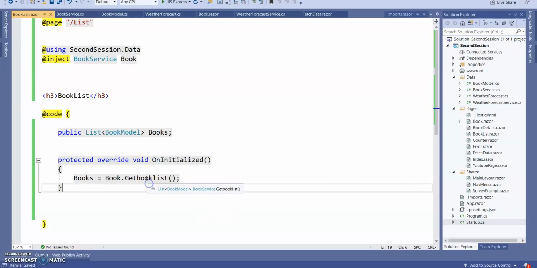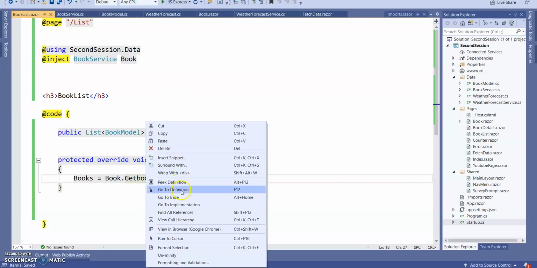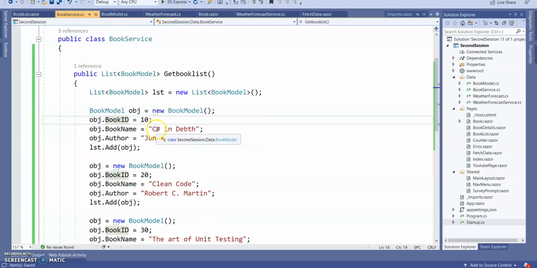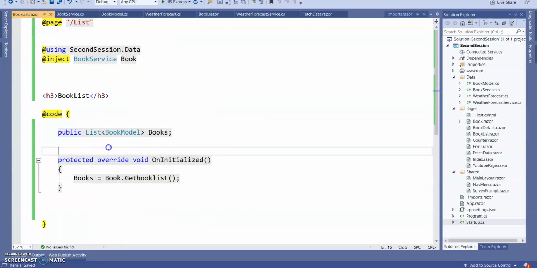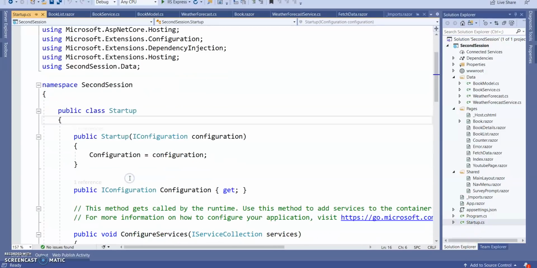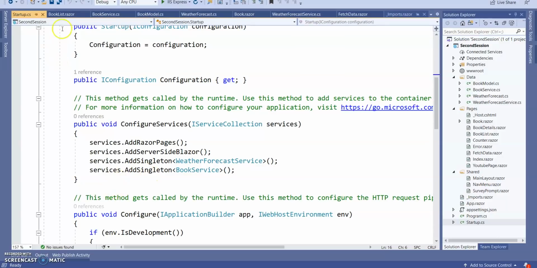So we are calling this GetBookList function inside our Blazor by injecting our service. Before injecting our service, we need to register our service in the startup class.